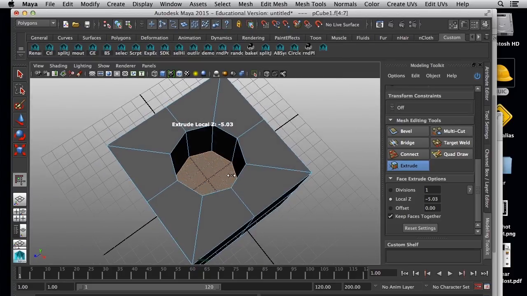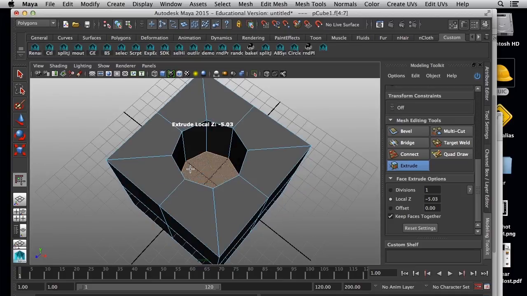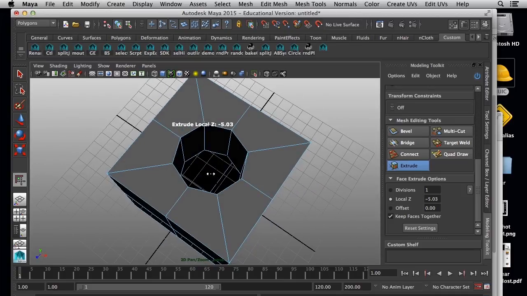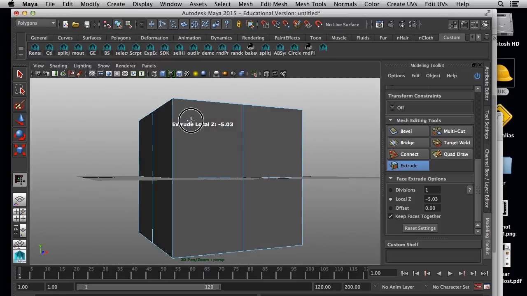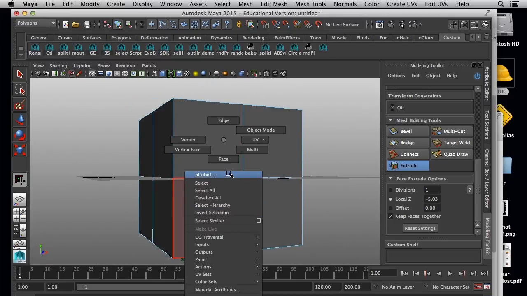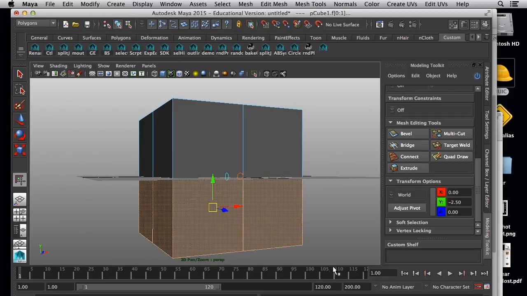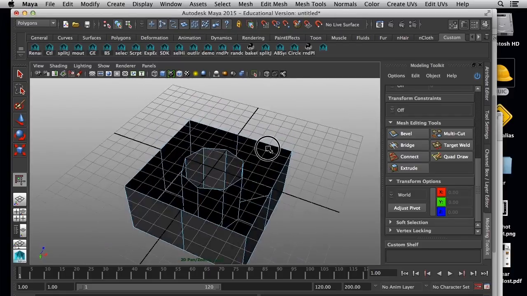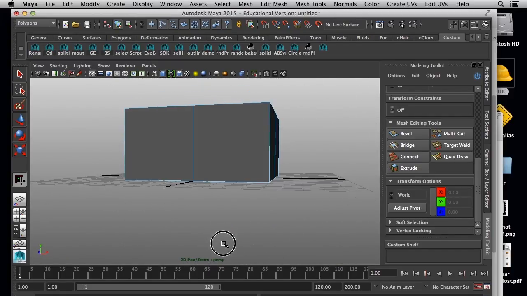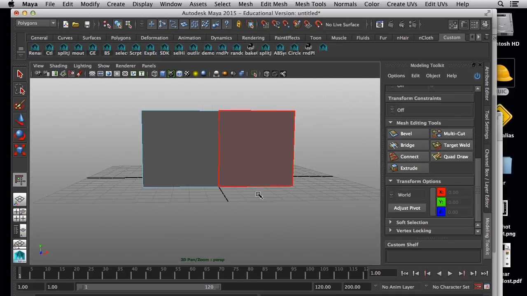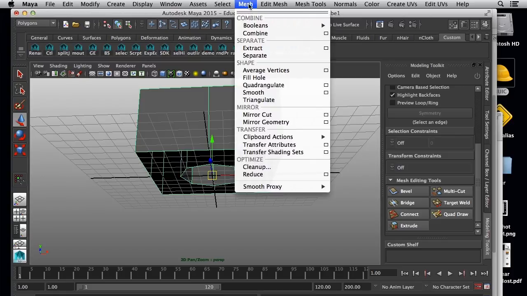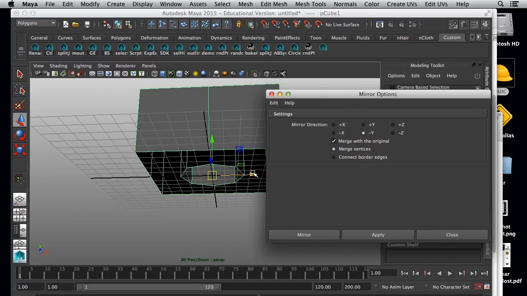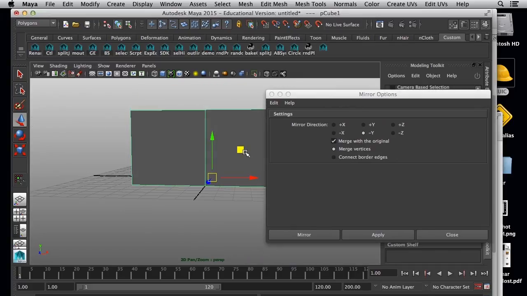Now, I actually want it to push through, so I'm going to delete that, and that has a hole here, and we are maintaining our quad topology the entire time. The next thing I'm going to do is delete this. So now I have a hole, but I want to mirror this down, so I'm going to grab this object, mesh, mirror geometry,